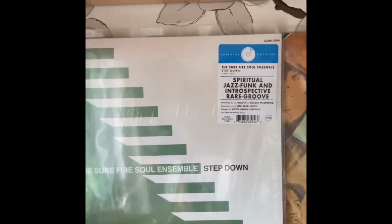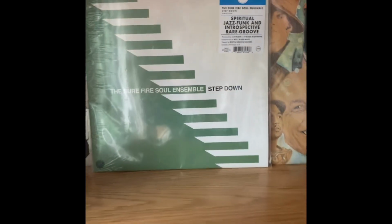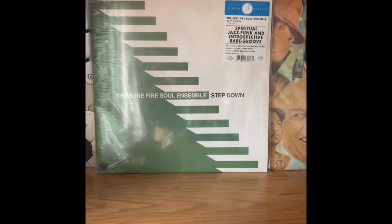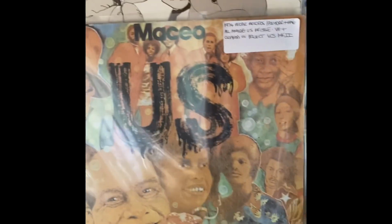another Colemine Records album, the second LP, I think it's the second album by the Surefire Soul Ensemble, or was it the third? Step Down, which just came out last month, and that is a tremendous James Brown style instrumental funk LP. And then what's coupled nicely with that at the moment in terms of listening is